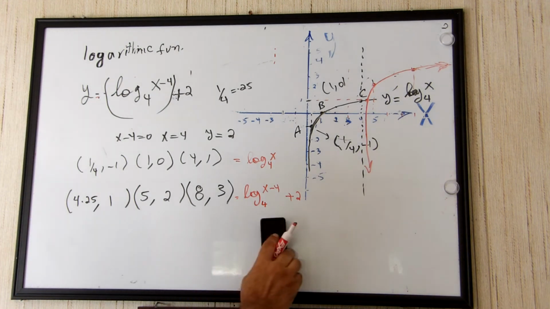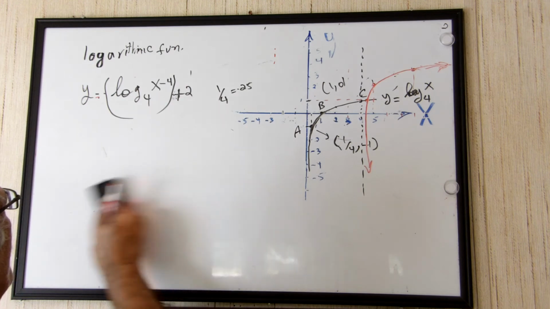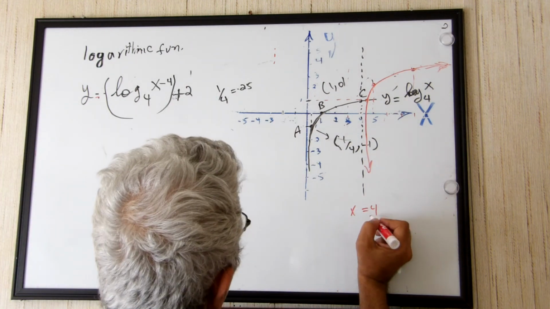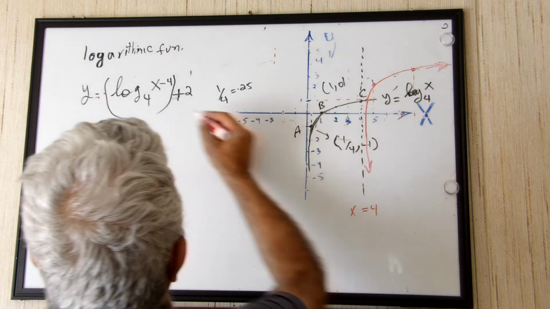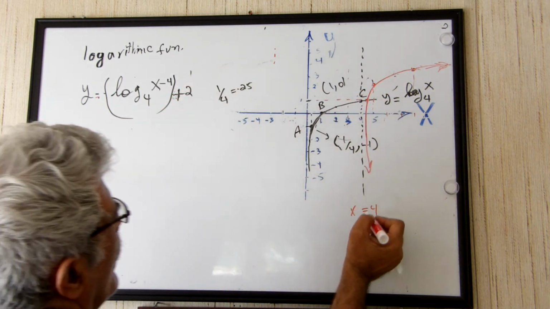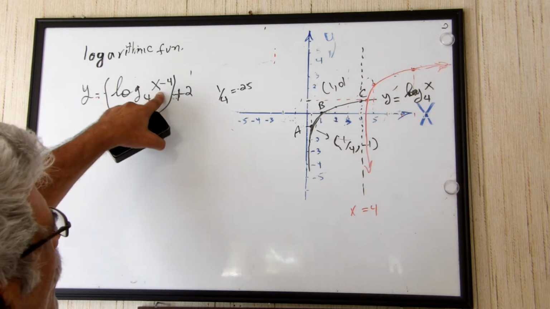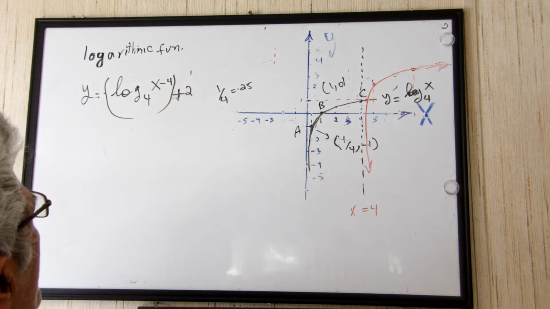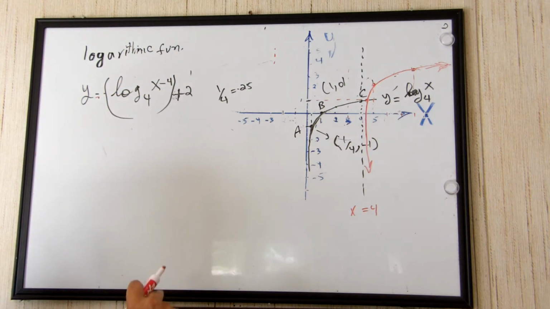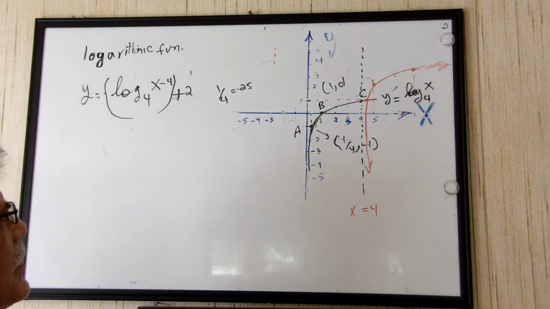Let's see this vertical asymptote. X is equal to 4. Vertical asymptote. We set this one to 0. X minus 4 is 0. It's going to be 4. It is a vertical asymptote. This actually shows the value in front of log. If you set it to 0, it's going to show this. Now let's find the